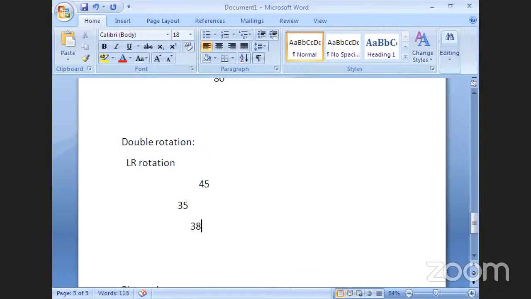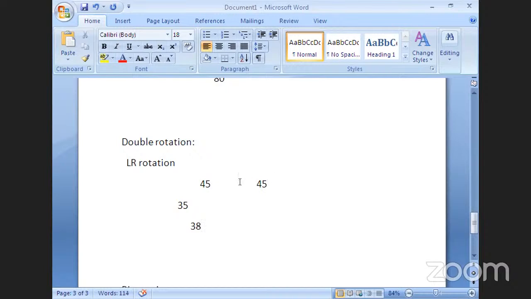Now, please look here. For the left subtree, if I am adding a right node, the balance factor of the root node is getting affected. So what do I need to perform? Left subtree, right node insertion is affecting the balance factor. So I need to perform LR rotation. LR rotation means first I need to do the RR rotation. RR rotation means what? You turn to the left. So your tree will become